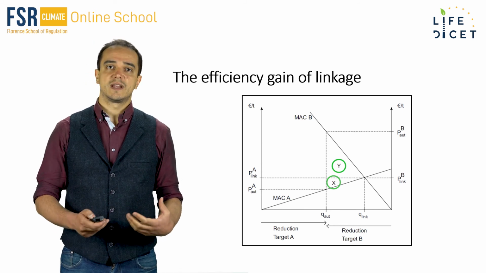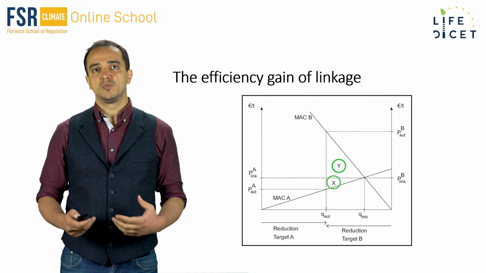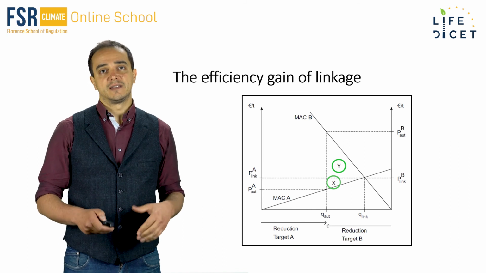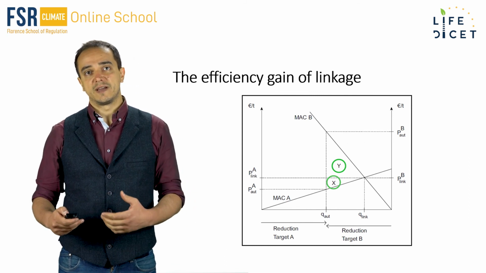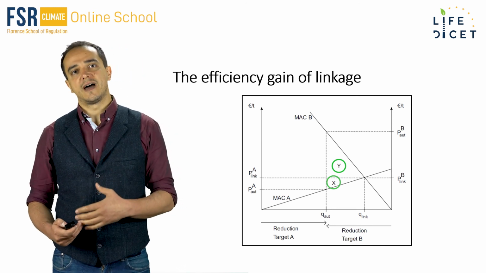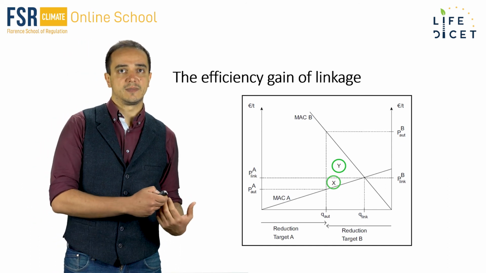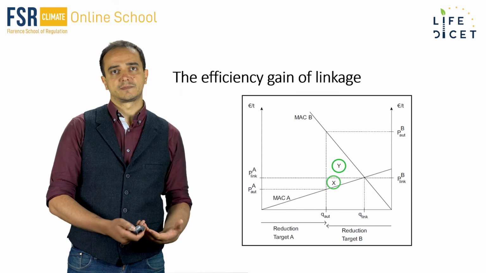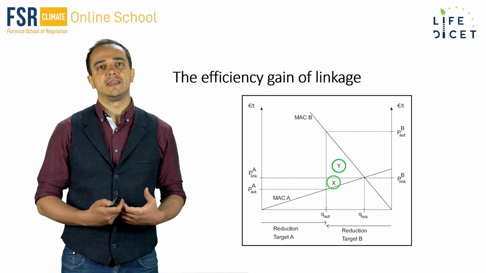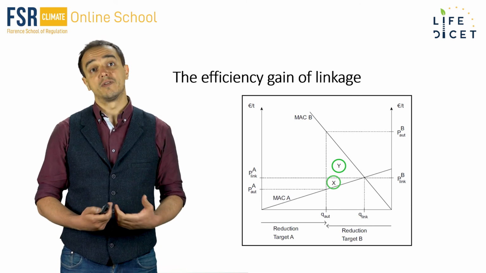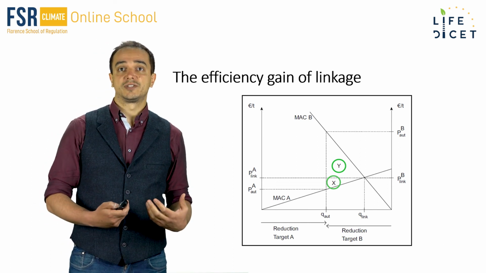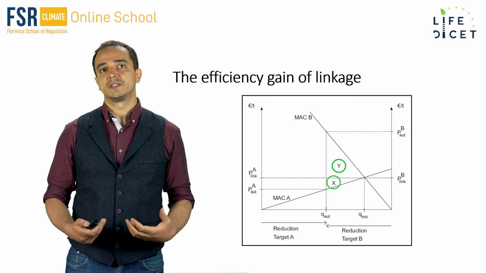At the same time, changes in allowance prices after linking determine winners and losers within each jurisdiction. Allowance buyers in the high-price ETS and sellers in the low-price system benefit from the link. Conversely, allowance sellers in the high-price ETS and buyers in the low-price system will suffer financial losses. Finally, a third political factor that can weigh decisively against the realization of a linkage is the partial loss of policy control over an ETS. The limit to policy control regards regulatory adjustments, as well as acceptance of co-determined allowance prices.